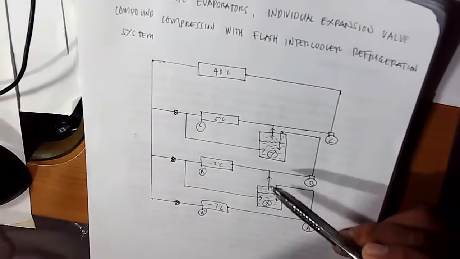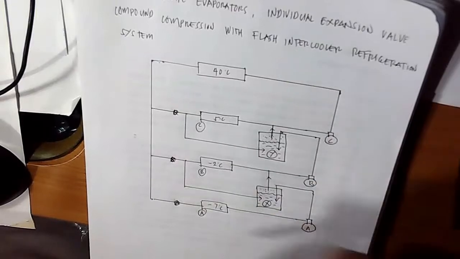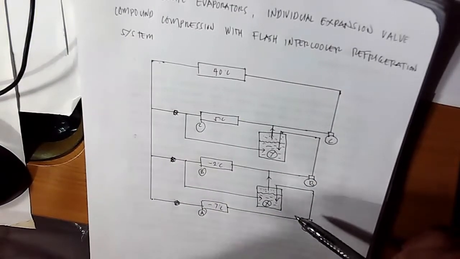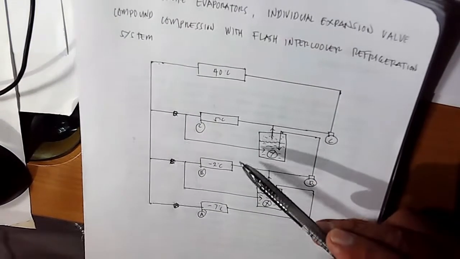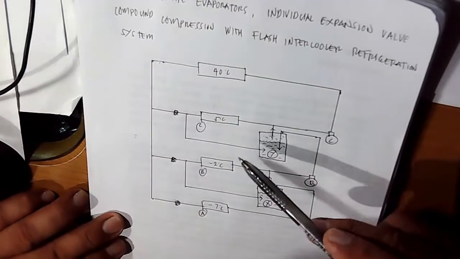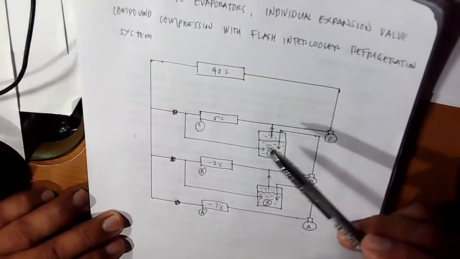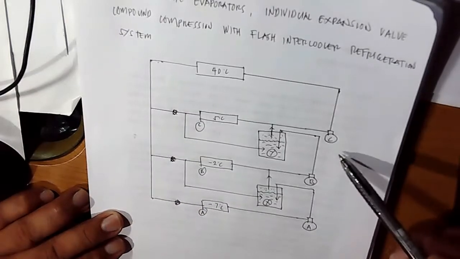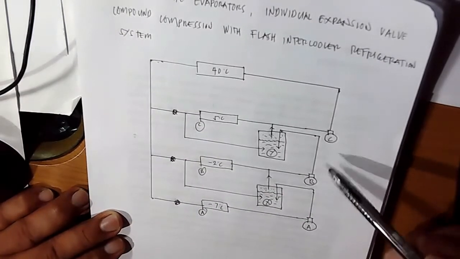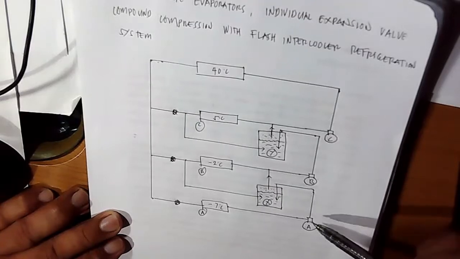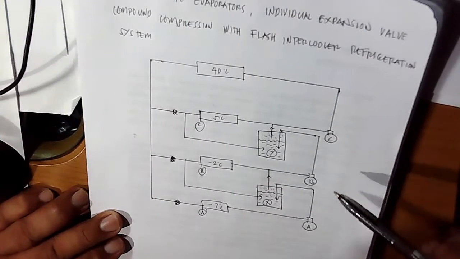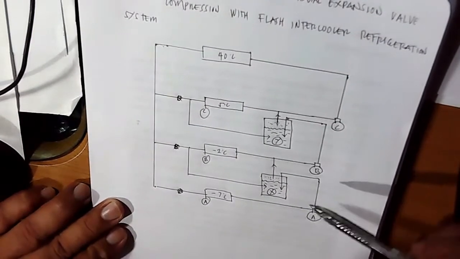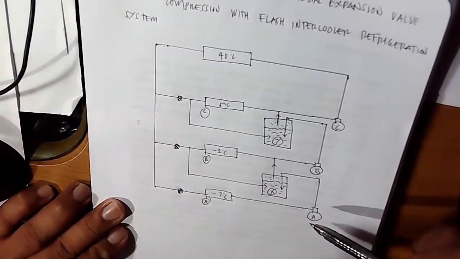The whole refrigeration system is composed of three evaporators of different temperatures, so they have different pressures. We have an individual expansion device, and this compressor ABC, it is